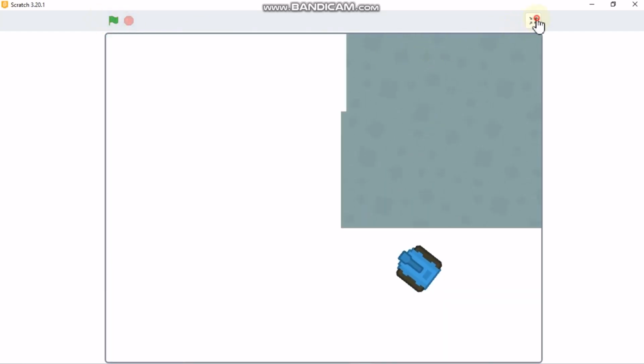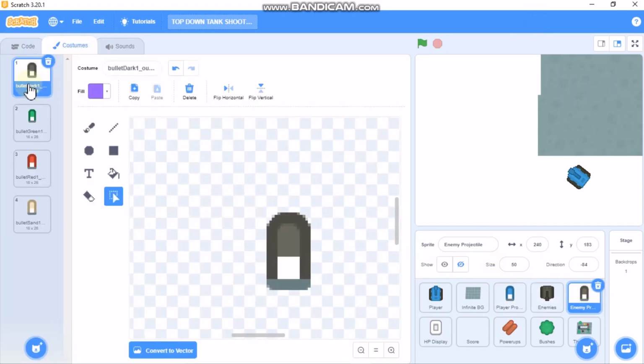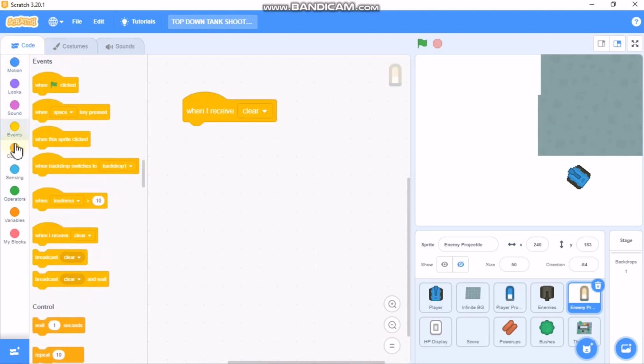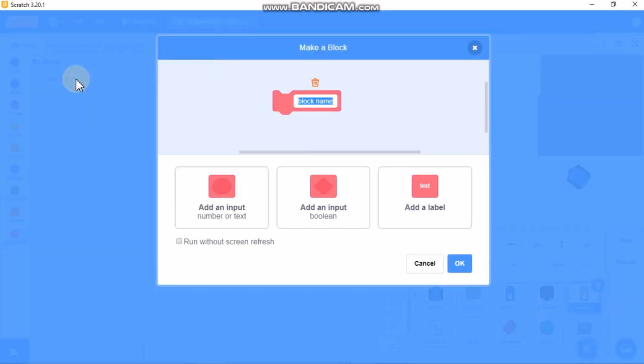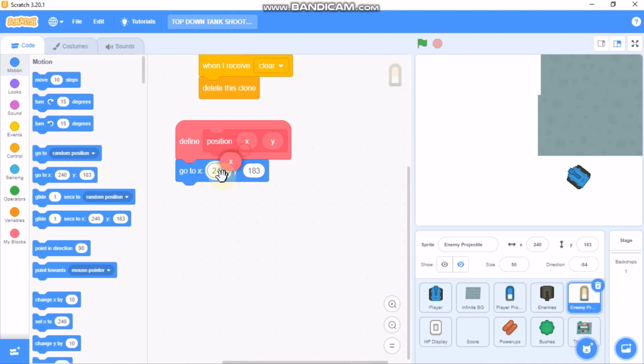So okay, now click on enemy projectiles and make sure you upload in this order. So it's black, green, red and the white one. And now, when I receive clear, first we need to delete these clones and let's make a block, define, make a block position X and Y, grab this define, go to X and Y,